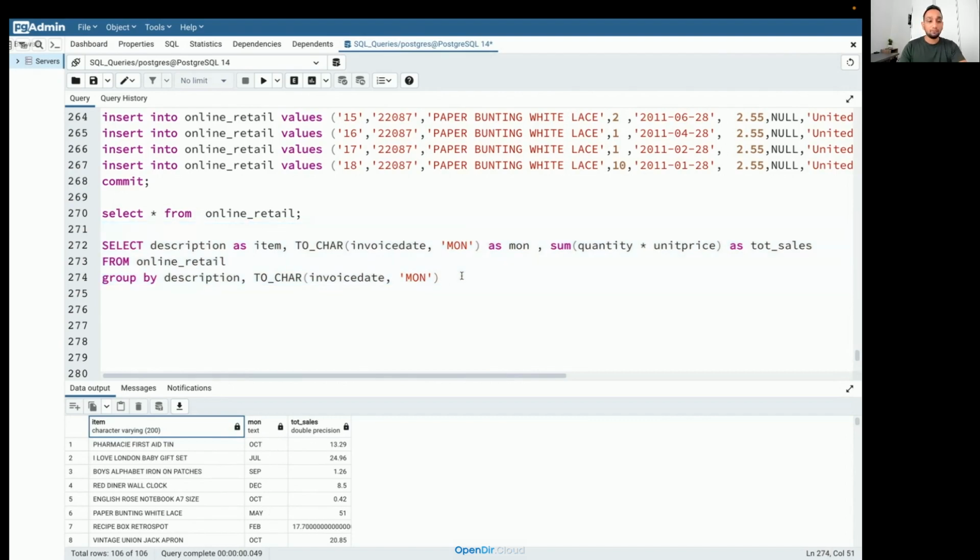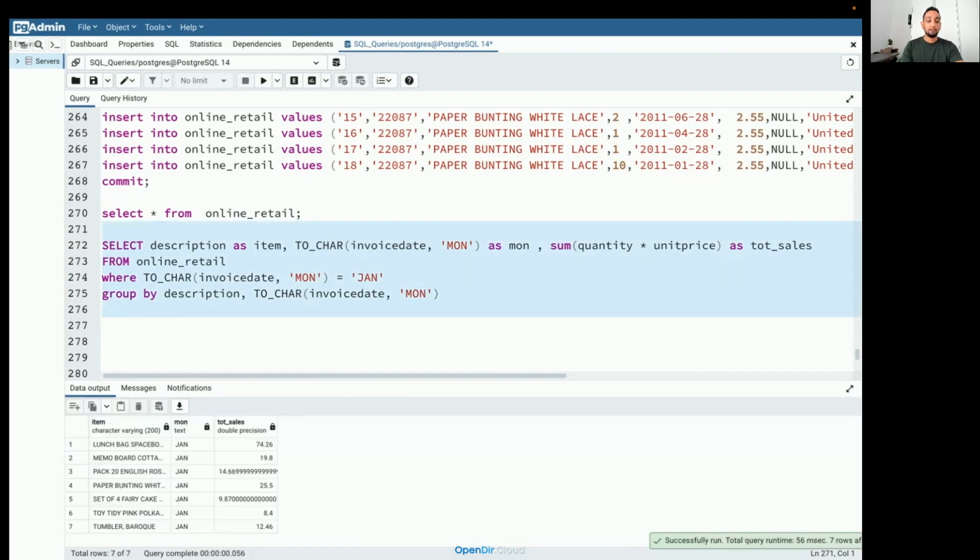So what I will do, just to make it more neat, whenever you have multiple data, I told you yesterday that if you want to solve the problem and you're not able to completely understand that, it's better that you take a very small subset of data and then try to apply your logic. So here also I'll take a small subset of data. I'll just take a particular month, let's say Jan.